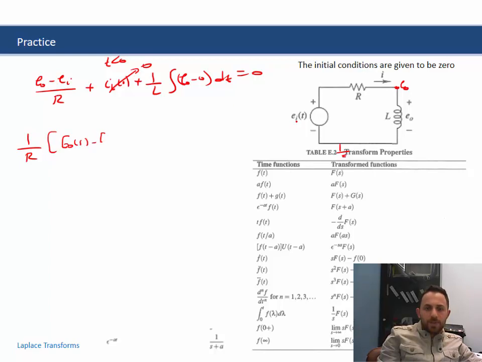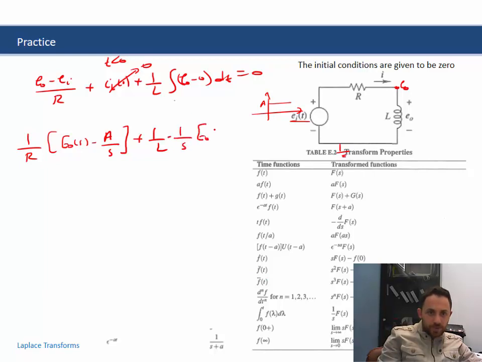Let's assume that the input is an impulse function of magnitude A. So you have like 5 volt, 3 volt, I don't know, some magnitude A. So it would be A over s, right? Plus 1 over L times the integral, so the Laplace of the integral is 1 over s multiplied by F(s), which is E0(s), equal to 0. Great. So E0